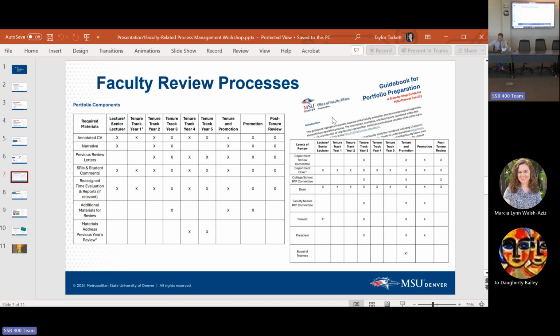There will be discrepancies because the new faculty handbook came out and department guidelines may not match the new faculty handbook in terms of the language around teaching, service, and scholarship, that new language. Kath, I'll let you chime in. Yeah, they can choose either the present year that they're going up in or the year in which they were hired, but not any year they want. So the year in which they were hired or the present year in which they're going up. For the faculty handbook year, yes. Does that make sense? It does. Okay.